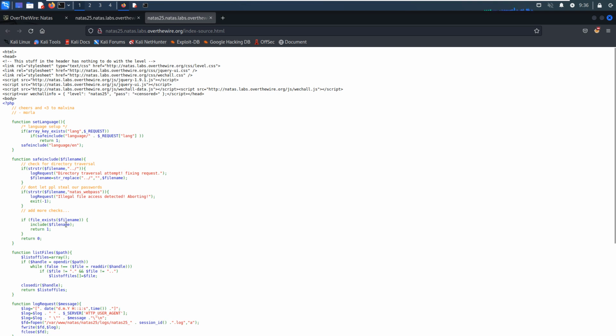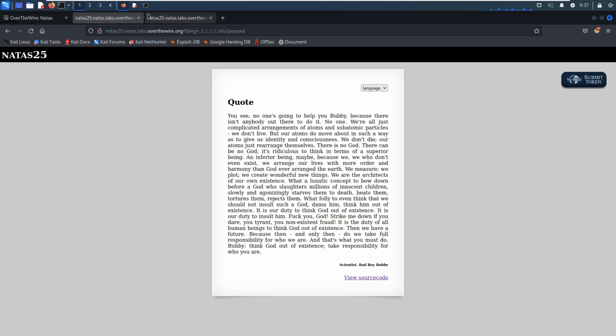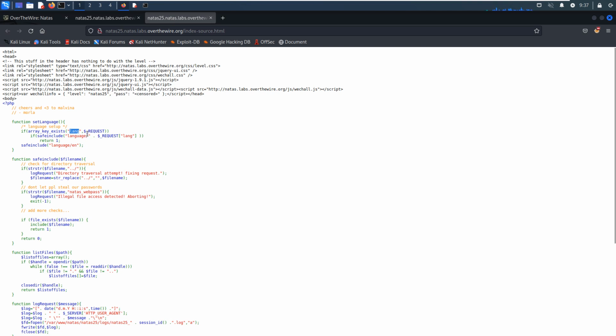Let's take a look at the source code. Here the function sets the language, and it will check the key. The key name should be lang. It checks if the request has the key named lang, and if this function returns true, then it returns 1.